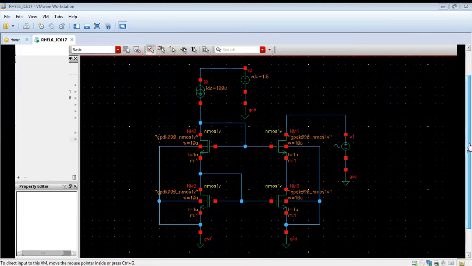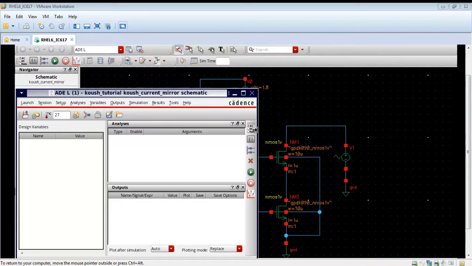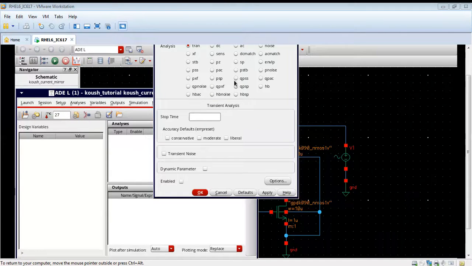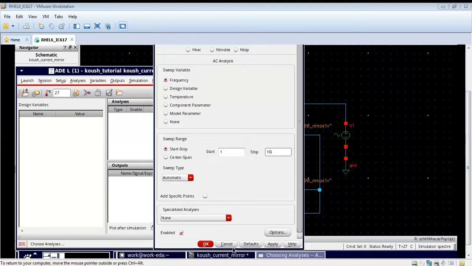First we will do the DC analysis, then we will also do the AC analysis. We will find the AC resistance also. As you can see, this is a cascode based configuration. So we are running the ADE L window. Now we will run the analysis. We are doing the AC analysis first. We will sweep the frequency from 1 Hz to 1 GHz and we will also plot the AC resistance